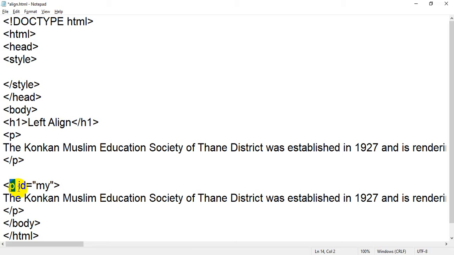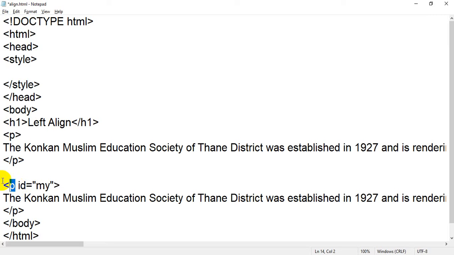Okay, so if I want uniqueness, or if I want to call only one person, in that case, instead of using a name, I will use an ID. Okay, and what is the ID? What is the data which I can use as an ID? It may be a roll number. If I am talking about a class of students, the roll number is an ID, or the roll number is a unique ID of any particular student. So if I say roll number 5, only roll number 5 will stand.